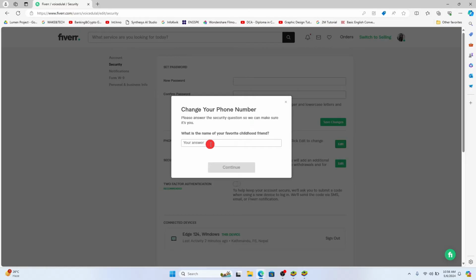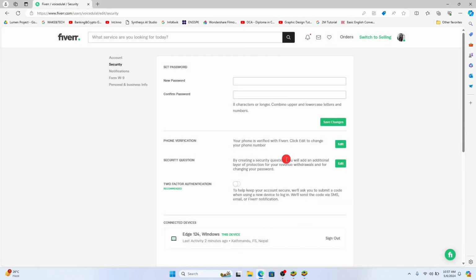You will then be asked to answer your security question. After answering the security question, you can click on Continue and you will be allowed to enter your desired new phone number. Just type in your desired new phone number and then continue forward